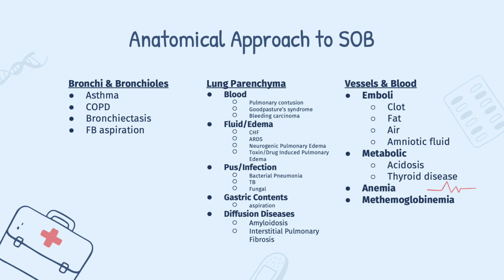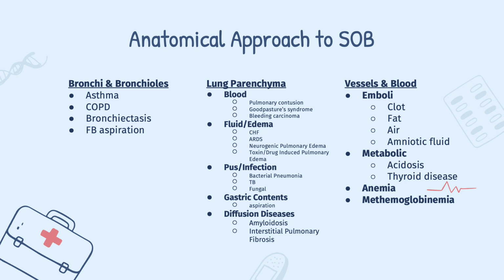I'm thinking about the vessels as well as the blood. So our emboli. We're very comfortable thinking about PE in association with a thromboembolus, but I could certainly have a fat embolus. So if I had a trauma patient who's had significant long bone fractures, that bone marrow is releasing the fat, I could have a fat emboli. Or I could have a pregnant patient who has an amniotic fluid emboli, or there could be an iatrogenic cause